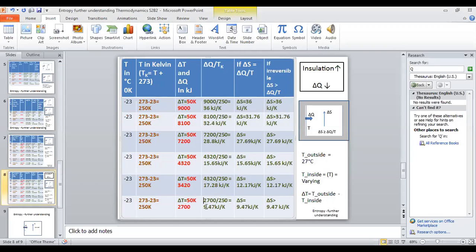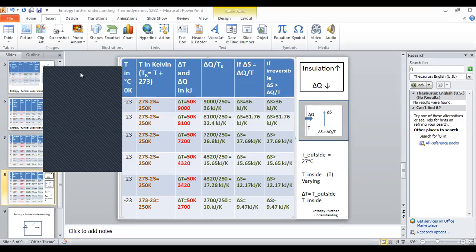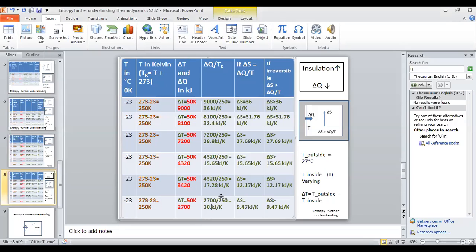10.8. See, now your entropy decrease is so good as the thermostat setting increases. But here, your temperature is very low. But when you have better insulation, your entropy is very less. See? So you can see delta is 32.4. So this is the other case study. You have to think this 28.8.